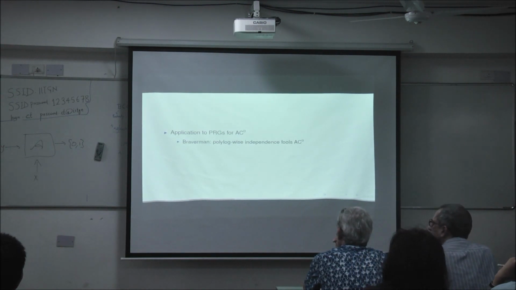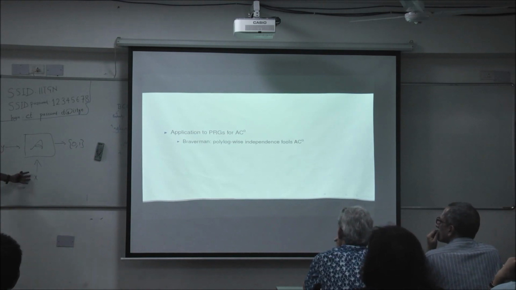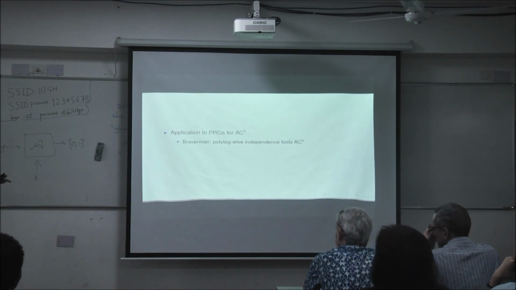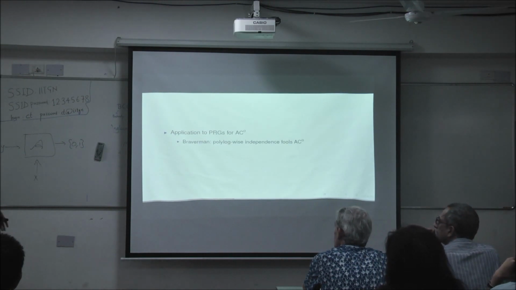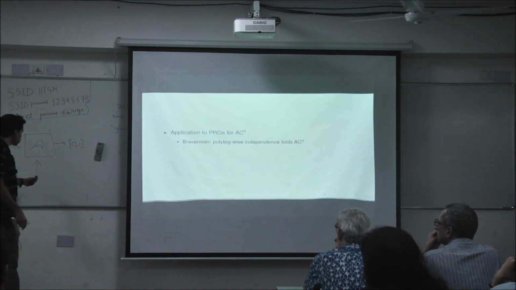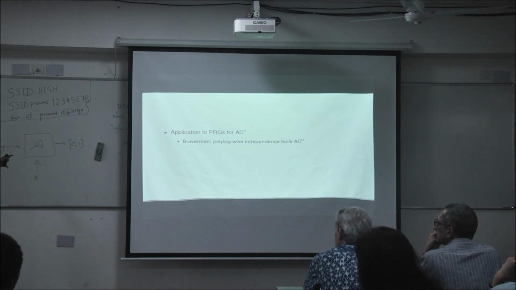We are not able to do that yet, but the first step might be to reduce the amount of randomness that this algorithm uses. So it might be using a 10,000-bit random string, we want to bring that 10,000 down to 100. That's some progress. Ultimately, we want to bring 100 down to 0. Maybe we don't know how to do that yet, but getting 10,000 down to 100 is definitely progress. And what is a pseudo-random generator? It's just something that allows you to do that.